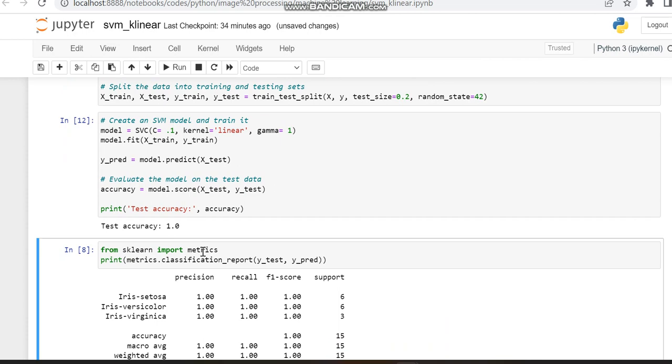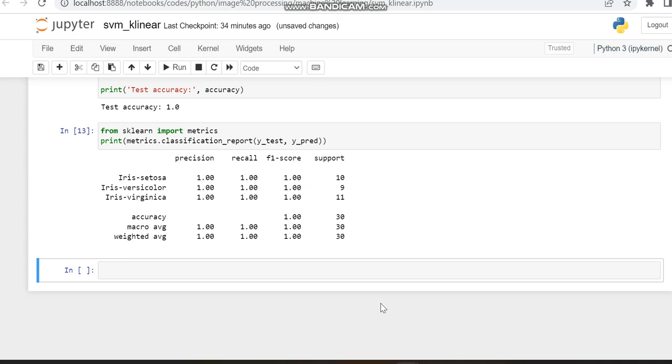So then after this we are displaying the metrics of the algorithm, that is support vector machine. In order to get the metrics, I am calling a library from sklearn, which is metrics. From metrics, I am calling the classification report. In that, I am going to display the values of y_test and the prediction, that is the testing value we obtain. While we are running this, we will get the values of the performance metrics like precision, recall, and F1 score. Nearly we are getting 100% accuracy. 1 means 100%, so 0.99 means